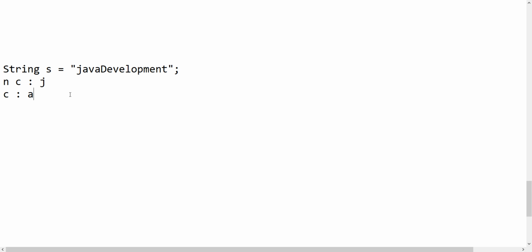So the logic is taking the character, checking with all the characters. If anywhere it is equal, I will take some variable and increment it. After all iterations, I will get the occurrence of each and every character, because I need to get the occurrence. Based on the occurrence only I can tell whether that is repeating or non-repeating. That is what we first need to write for the logic.